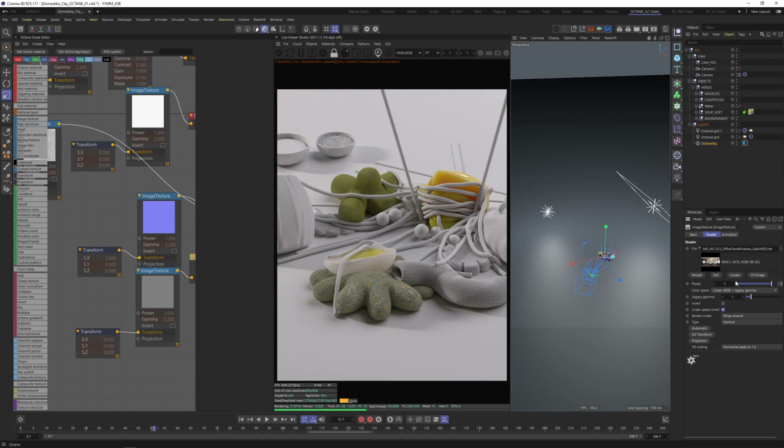And here is another point for Redshift. I really love that Redshift has this slider to adjust the hue and saturation for the HDRI, because sometimes they are too vivid, too colorful, and then the lights are too crazy. And yeah, this is really nice. I don't know how to do it in